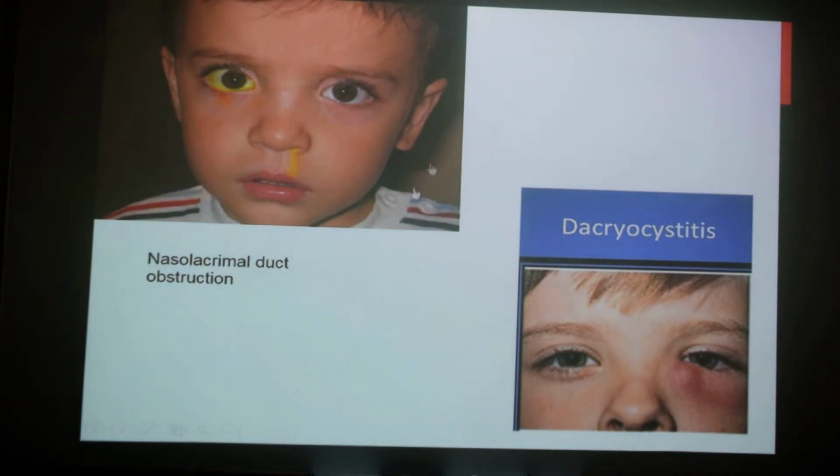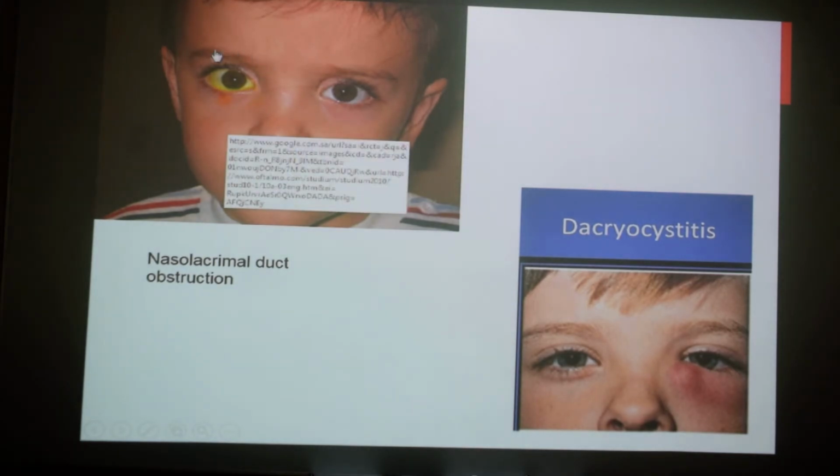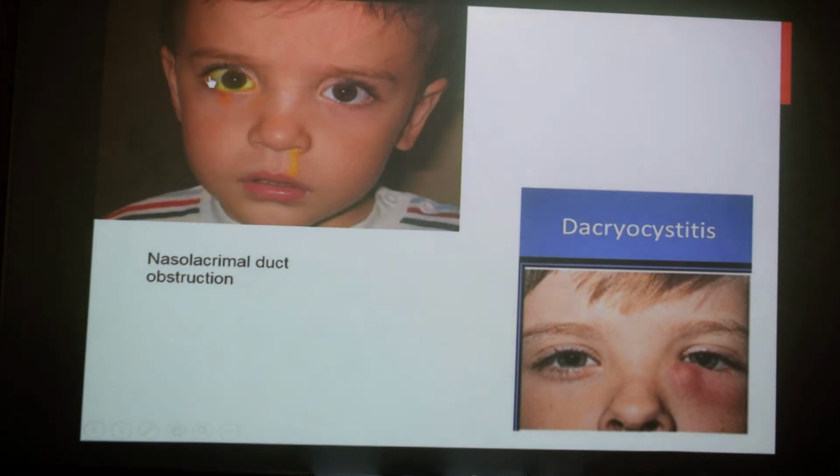So here are some examples. What you can see in this picture: we have put a dye inside this eye, and you can see the dye is not coming out from this nostril. However, you can see the dye coming out from this nostril. So there is no obstruction on this side, but there is an obstruction on this side, because the dye is still there. It is not coming out from the nasolacrimal duct into